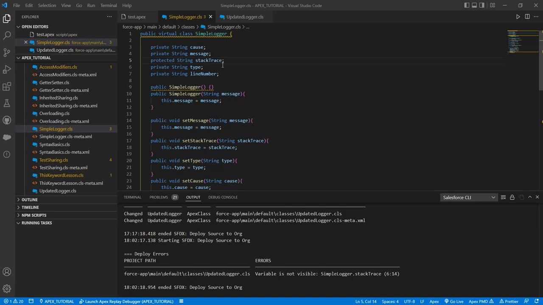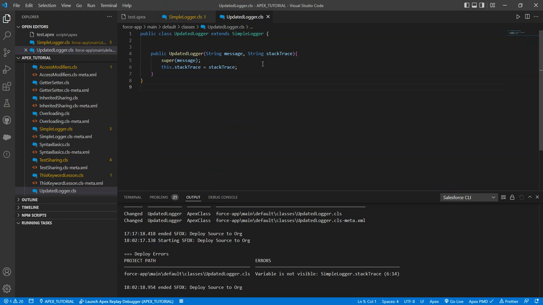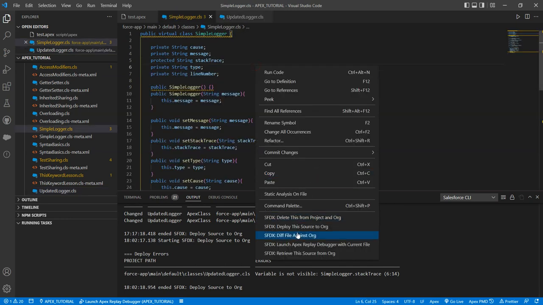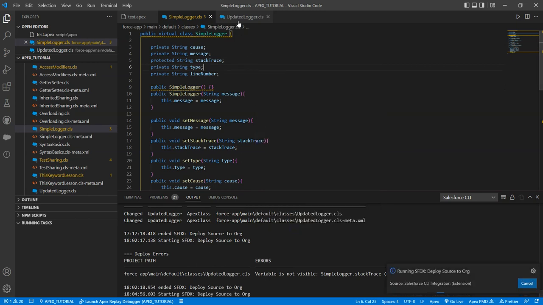Protected is where you can reference this string or any variable with the protected modifier within anything that's extended. So the simple logger, because it's virtual, this updated logger, when it's extending the simple logger, we are able to then reference it. So if I were to change this to protected, save it, deploy,